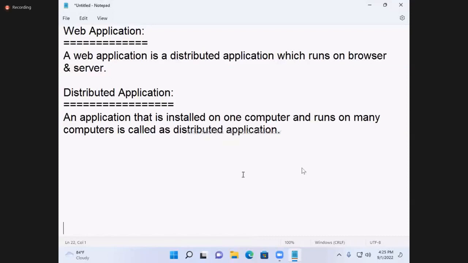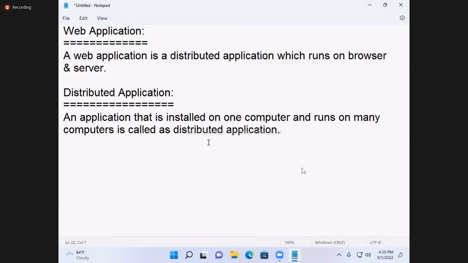But google.com is an application. Is it installed on my computer? No, it is installed on a computer in the USA. But can I access it here? Yes, that is distributed. One application installed on one computer but running on crores of computers, distributed over the world.